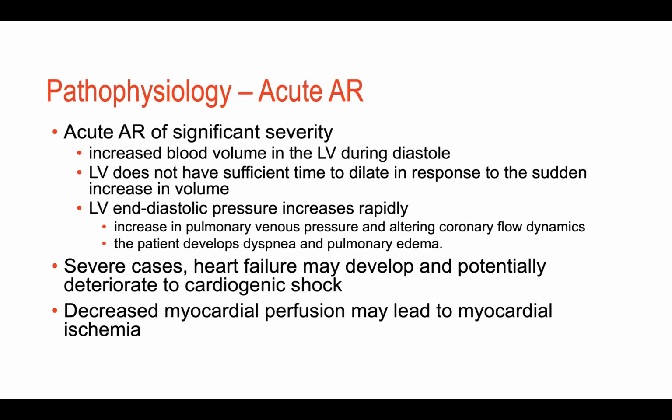Okay. So when we have acute aortic regurgitation, you've got all that volume in the LV, but remember what I've said, the LV doesn't have time to dilate in response to that increase in volume. So LV pressure goes up really quickly, and blood in the pulmonary veins goes up really quickly. And then that hydrostatic pressure in the pulmonary veins forces the volume out of the veins, and that volume starts to fill the alveolus. And now I can't oxygenate. I'm having trouble breathing, and I've got pink frothy sputum because I've got pulmonary edema. And if it's severe enough,